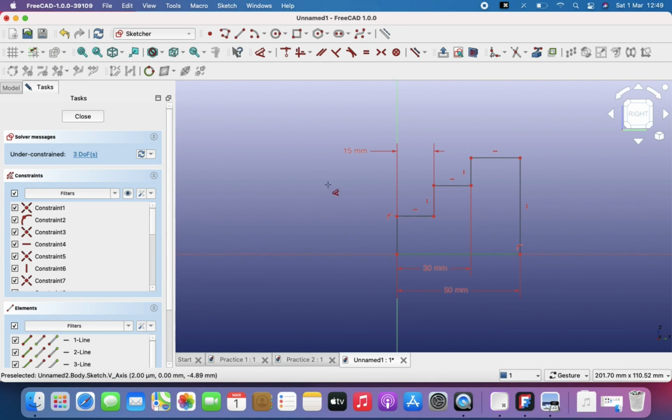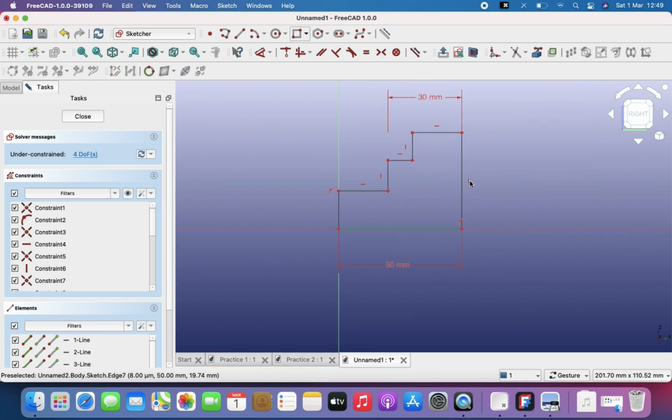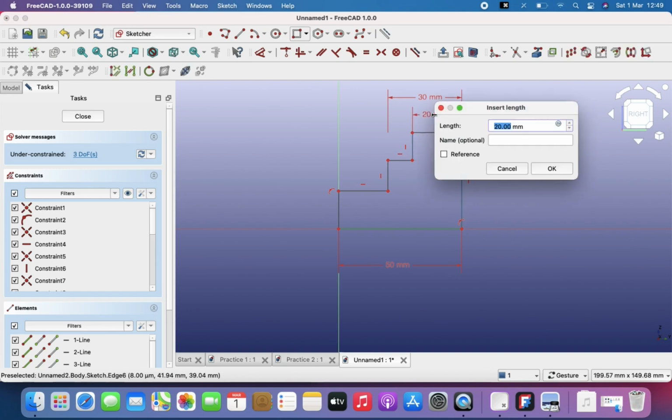Okay, the dimension tool is still active, so I cannot click on those dimensions, so I have to press escape first. So I'm going to delete this, and then I'm going to delete this dimension as well. Then I'm going to click on the dimension tool again, and then let us dimension. So from this line to this line is I think 30 millimeters, yes, and from this line to this line here is 15